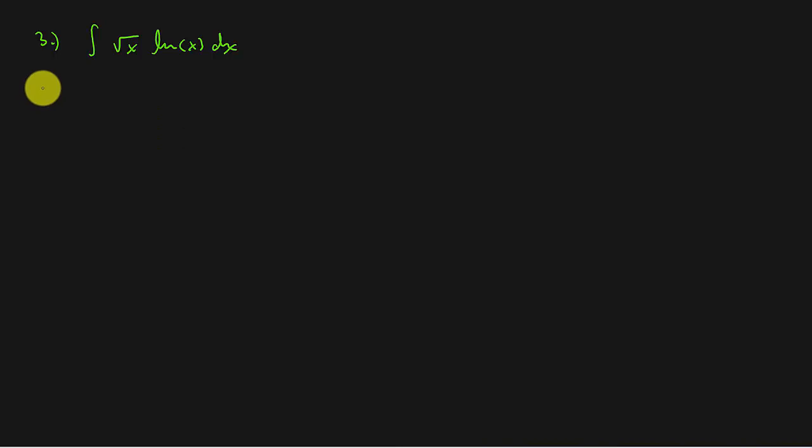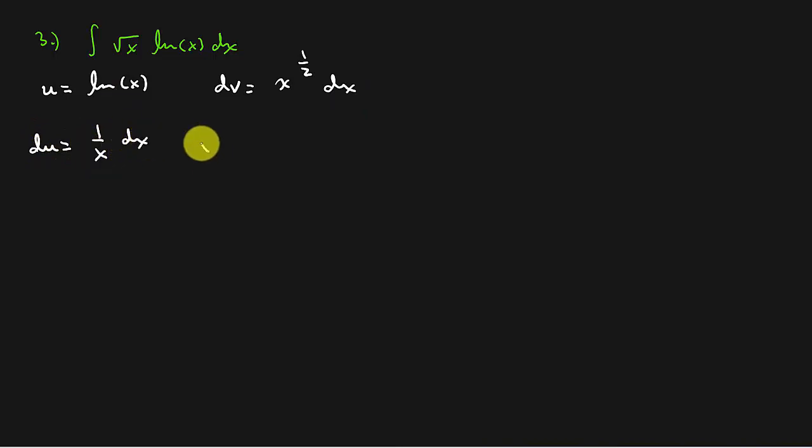Okay? So we're going to let u equal natural log x, and we're going to let dv equal the square root of x. We're going to integrate it, so let's write it as x to the 1/2 dx. And so du is equal to 1 over x dx, derivative of natural log is 1 over x, and then v is x to the 3/2, add 1, multiply by the reciprocal of your new exponent. All right, so now we've got u times v, so that's going to be